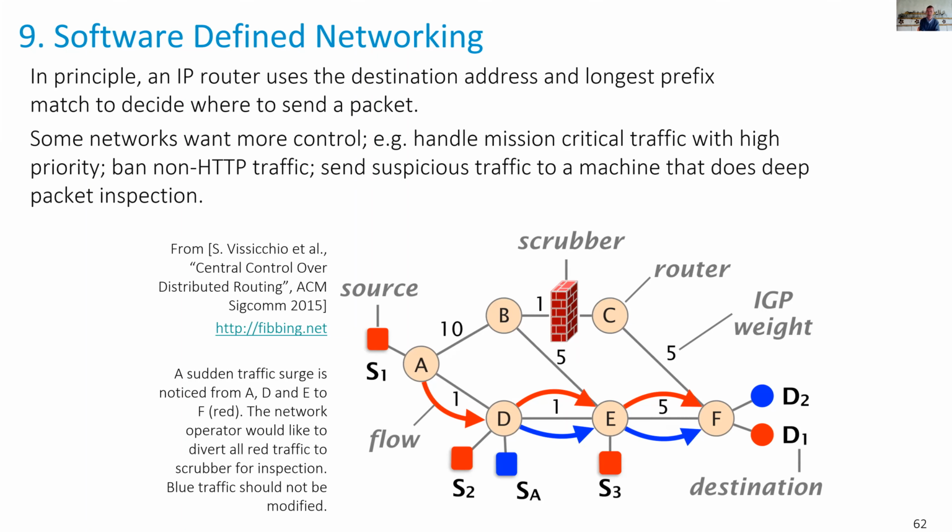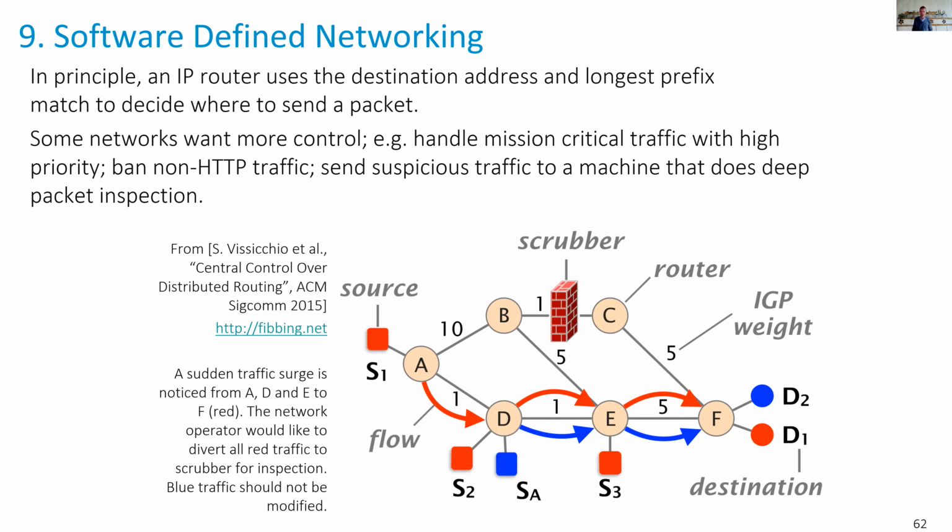Let me motivate this with an example. This example, which is taken from a paper that I'm citing here, is when an operator has observed that some traffic has become very important in volume, the red traffic. Operators monitor the amount of traffic that is occurring in the network. That's called anomaly detection, because any open network is subject to attacks of all kinds. So this network has noticed that there is a large volume of red traffic,